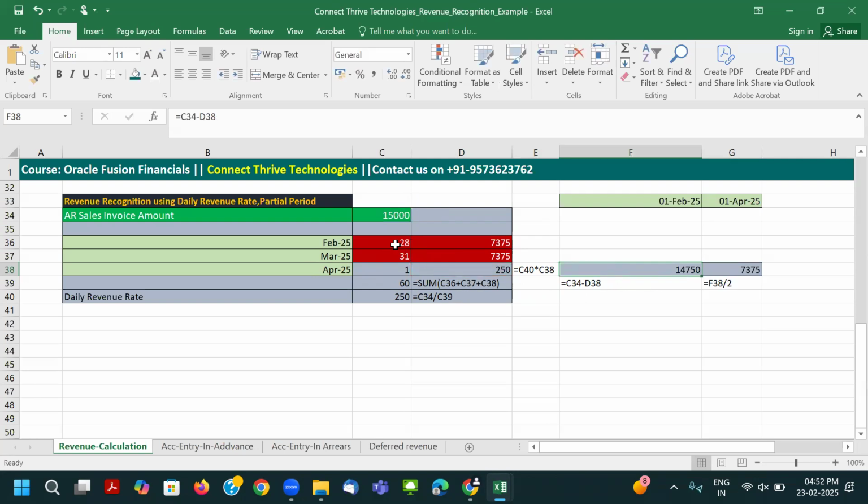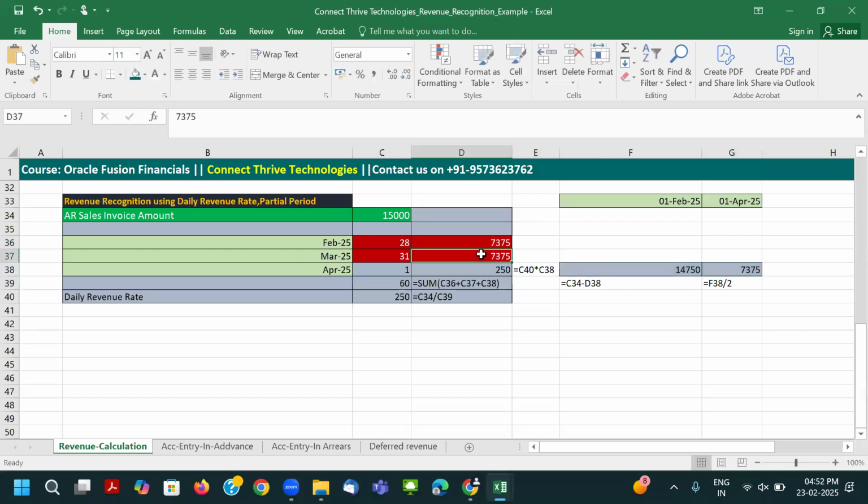Okay, so again I'm repeating: we have the total invoice amount of 15,000 and the total number of days is 60. Per day revenue is calculated as total invoice amount divided by total number of days. In April we have only one day, that is the reason the system calculates the revenue as 250. This 250 we will deduct from the total invoice amount, so 15,000 minus 250, the remaining 14,750 will come. This 14,750 we will equally distribute to February month and March month. If you divide the remaining amount by 2,